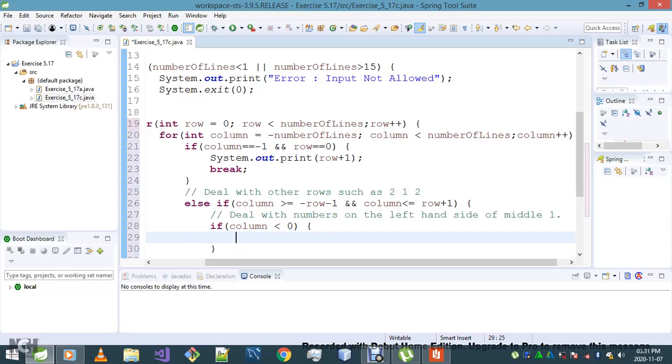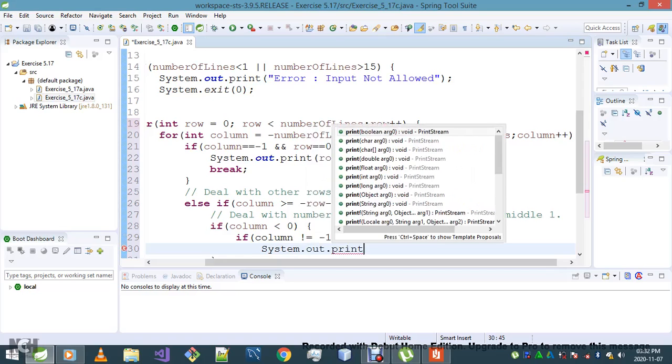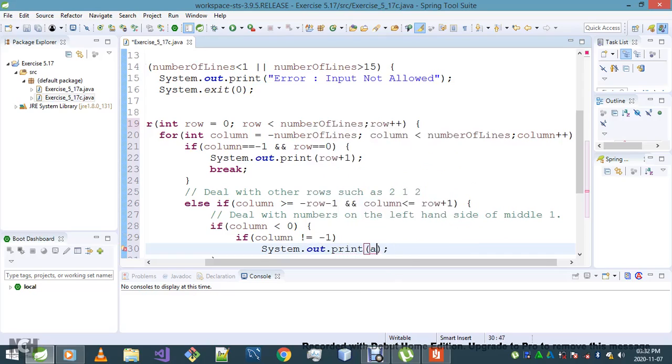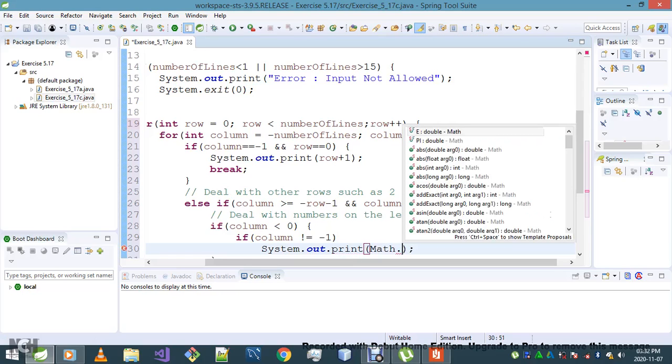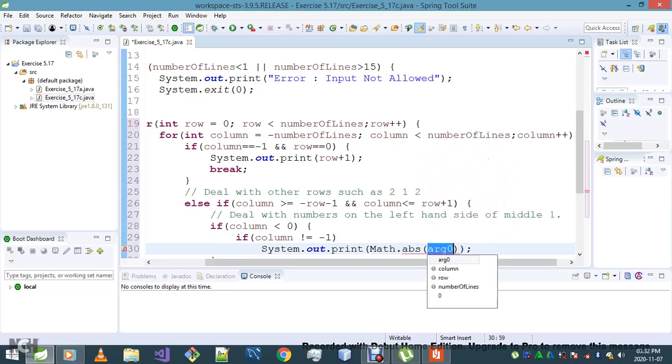Okay, I'll simply say if column is not equal to -1, System.out.print will simply print Math.abs, I want to print the absolute value of